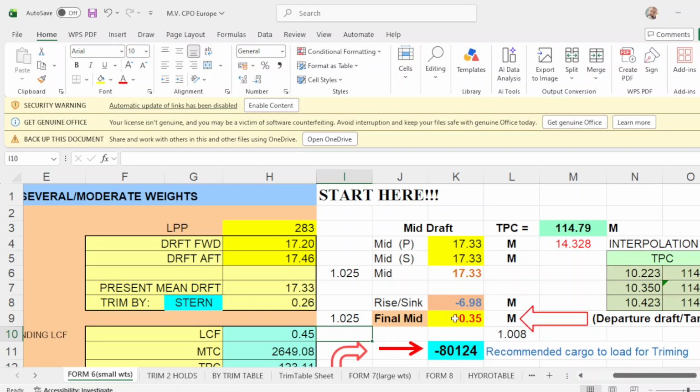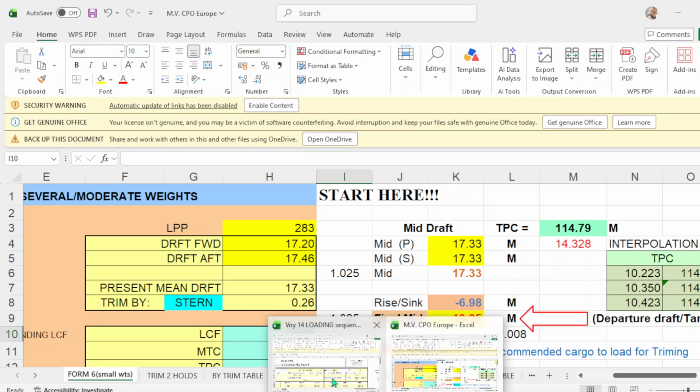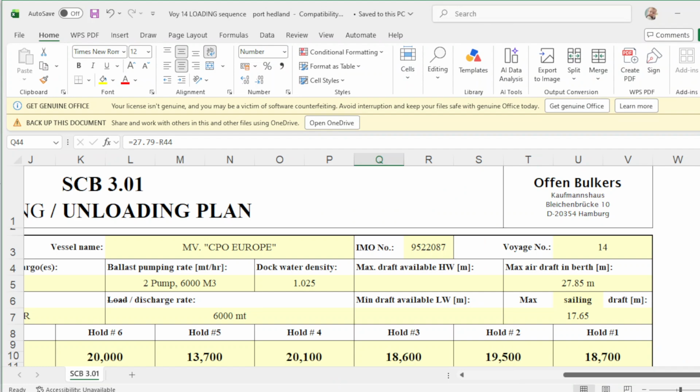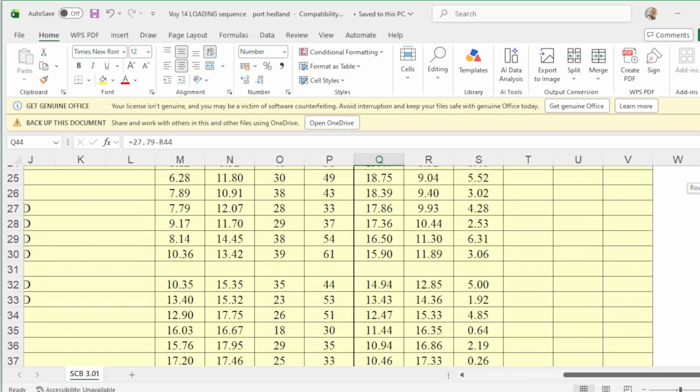Now take note that your final mid drop will be your departure drop. So what is the departure drop upon completion?